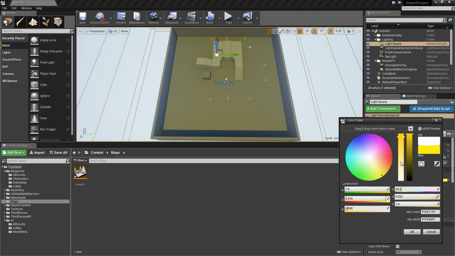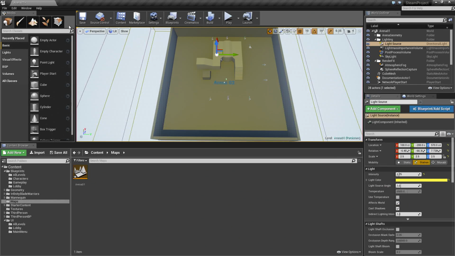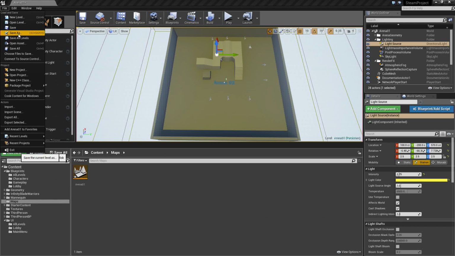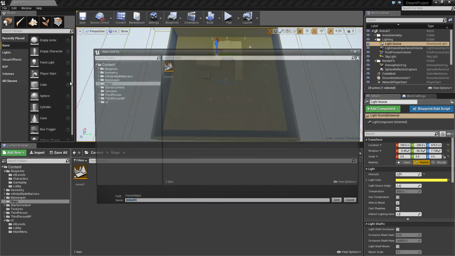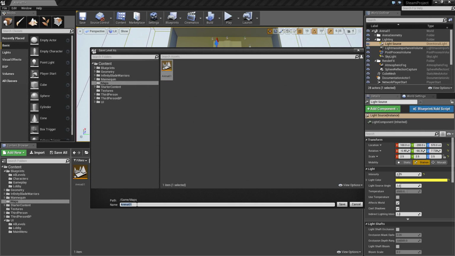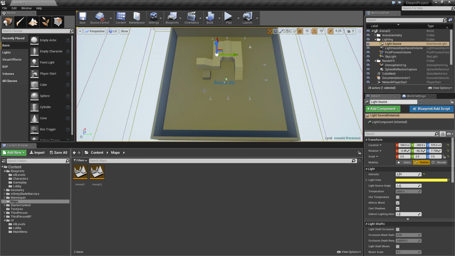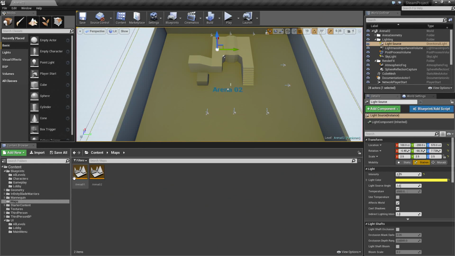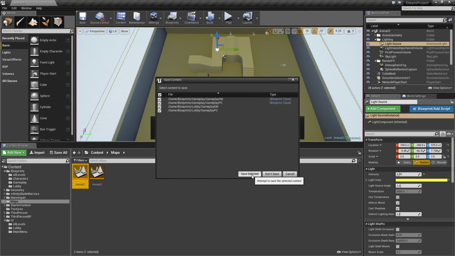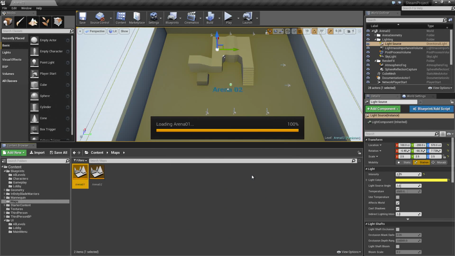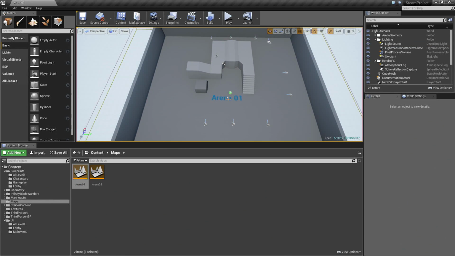Like so. And now I'll save this as Arena 02. So it's a separate map. So we have Arena 2. Let's make sure we save everything. This is our Arena 1, so it looks a little bit different.